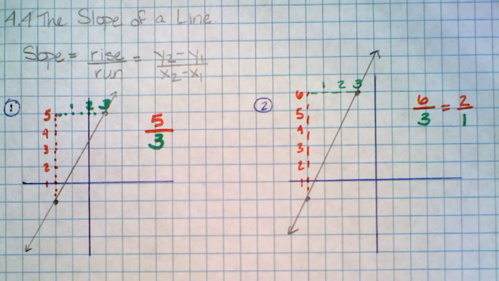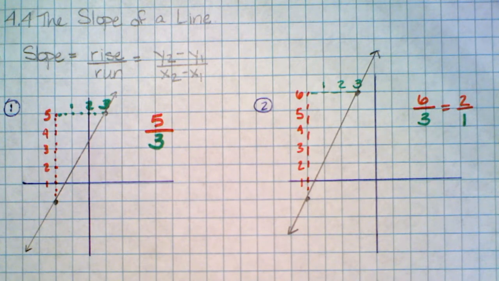If you look at my first graph here on the left, I am counting my rise over my run. I'm going from the bottom left point to the top right point. My rise I wrote in red, and I count each line as 1. So I'm rising 5 points, and then I'm running to the right 3 points. So my slope for that particular line is 5 over 3. Do not simplify that. Do not make it into a mixed number. We want to leave it improper because we want to see a clear comparison of the rise to the run